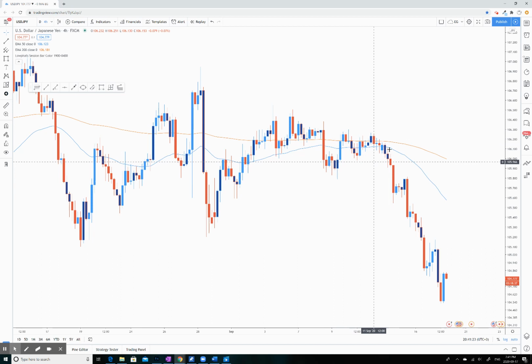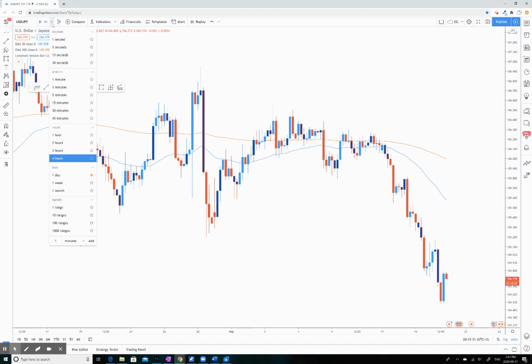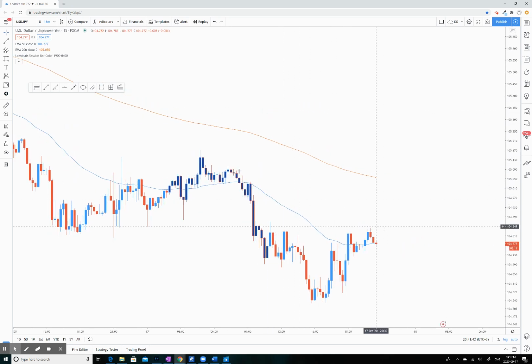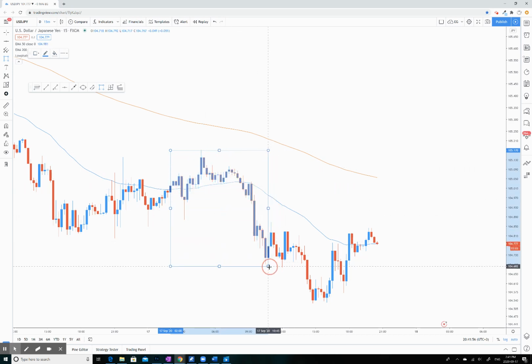So when looking at the Asian breakout, a lot of people use this for scalping, and it's basically going to give you an idea of where price is going to go. If we're scalping, we're not normally looking at the 4 hour in terms of entry. So looking at the 15-minute, we can just use this to box in the Asian session. We can either take a horizontal line, or you can take a rectangle tool, which is actually what I'm going to do, and go from the highest wick point, there we go, to the lowest. It doesn't really matter how long your box is, because we just want to look at these two